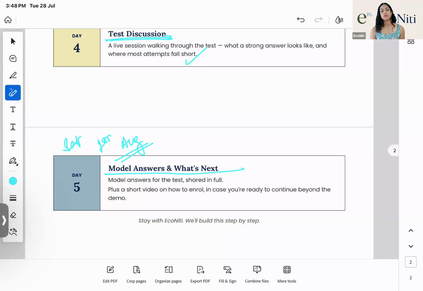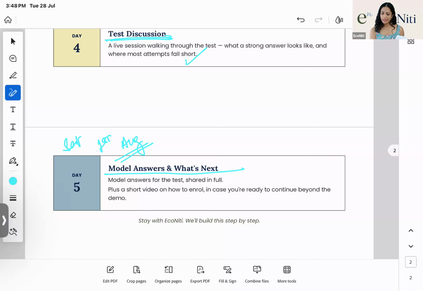लेकिन जो भी currently चल रहा है, you can get straight away enrolled in that. And of course, you will get the model answers for the topics that have already been covered. So on day 5, I will then walk you through in more detail that how you need to enroll and क्या सारा process है वो मैं उस दिन समझाऊंगी. ठीक है ना? So yeah, so this is the idea, and